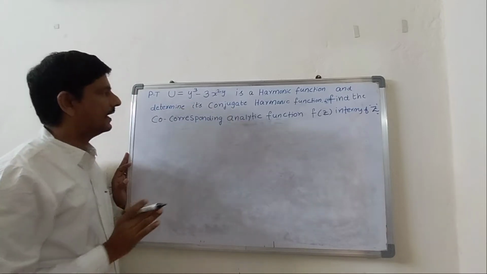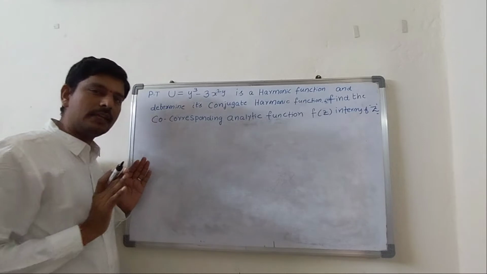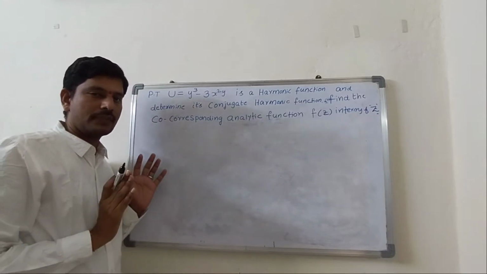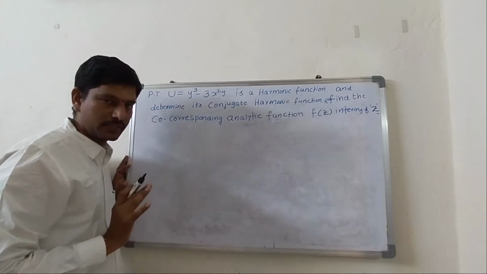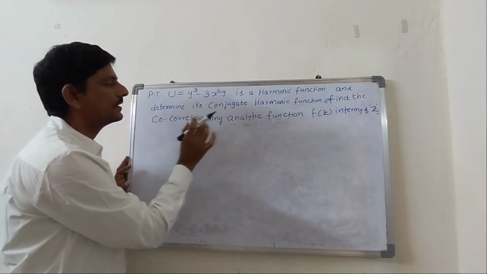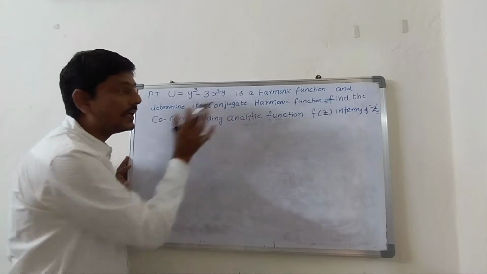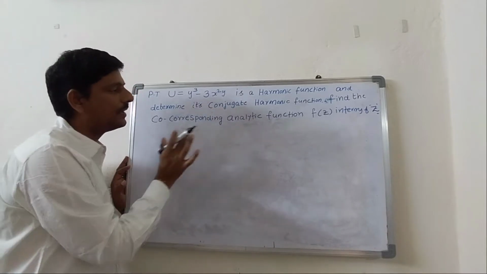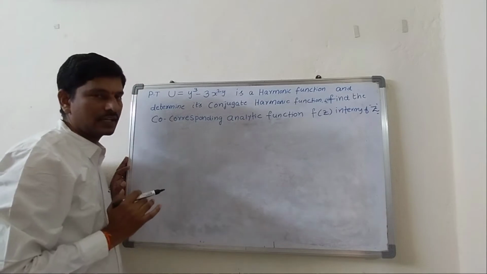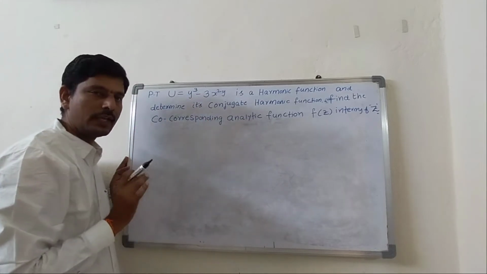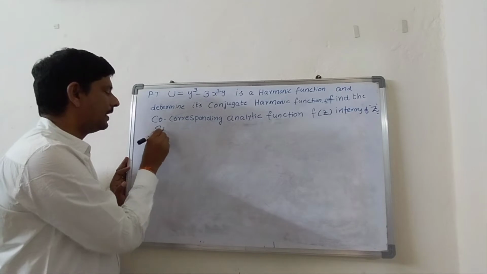Clear? Right. So here in this question, three steps are involved. The step number 1 is proving the given function is harmonic function. Step number 2 is determining its conjugate harmonic function. And step number 3 is finding the analytic function corresponding to the given u. Okay. So step number 1,